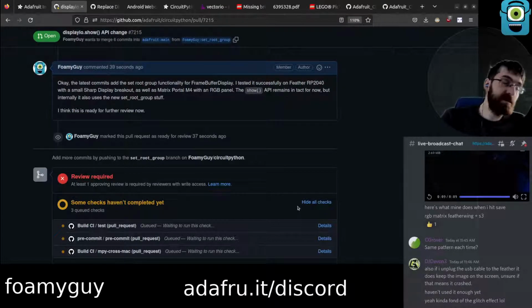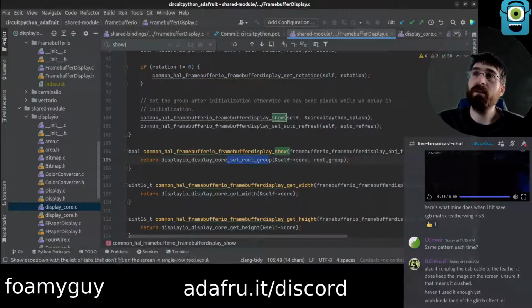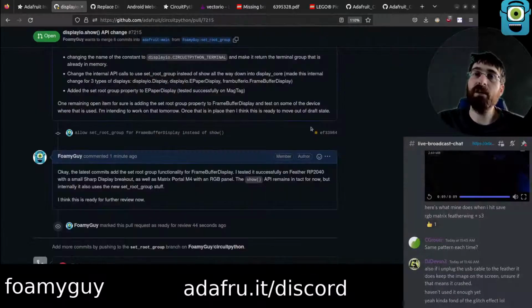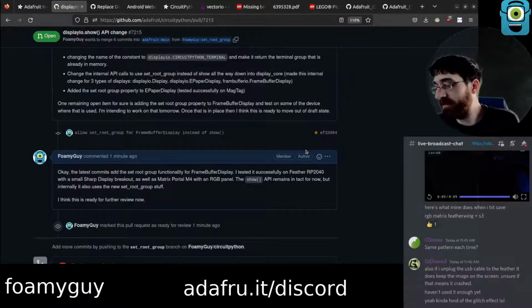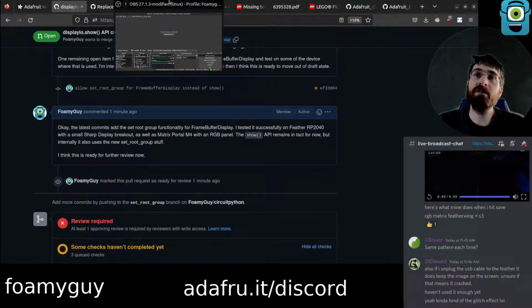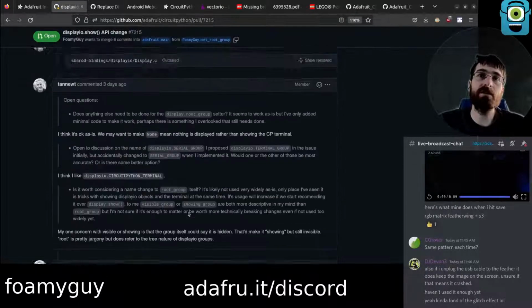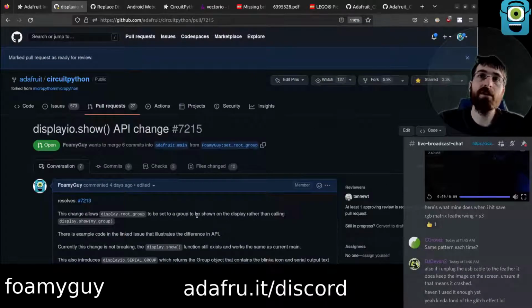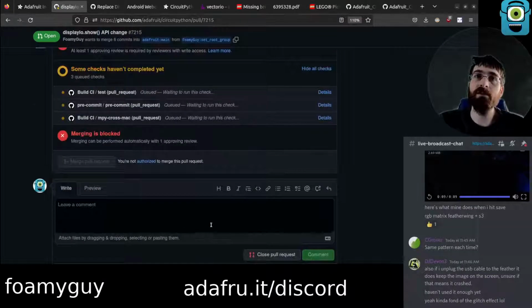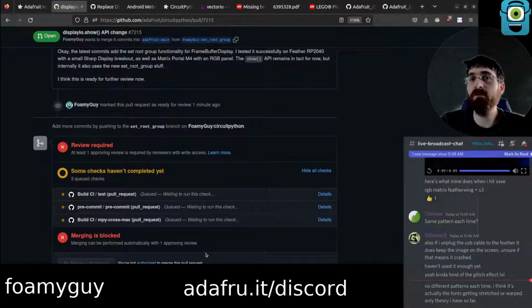I think that is going to do it for now, though. That was the main thing I wanted to get knocked out today, was the frame buffer display, and test it out. We got it working on both the Sharp display and the Matrix Portal. Everything seems good. We can go back and forth to the terminal. Everything's working as intended as far as I can tell. I'm feeling pretty good about this. We got this now out of draft, so hopefully this week maybe Scott can take another look, and anybody else who's interested in testing it out or reviewing can take a look this week, and we'll see where it goes.